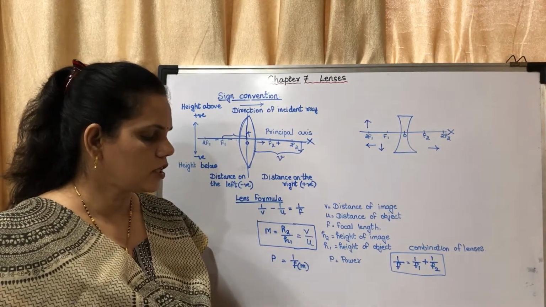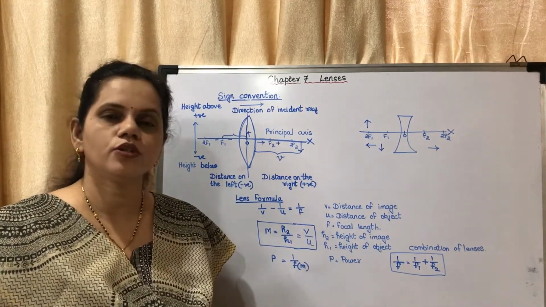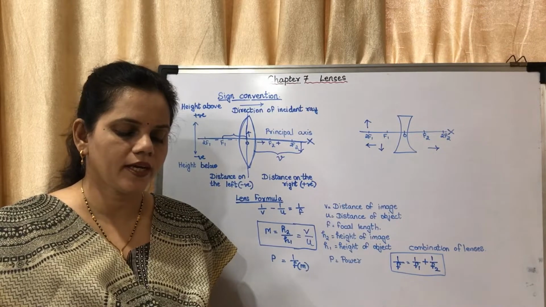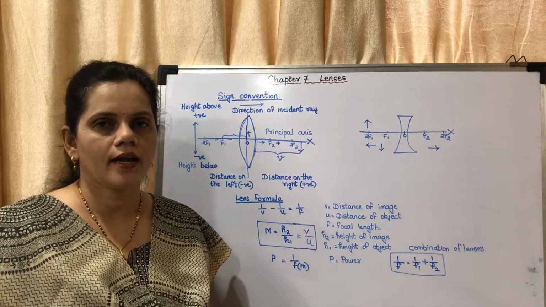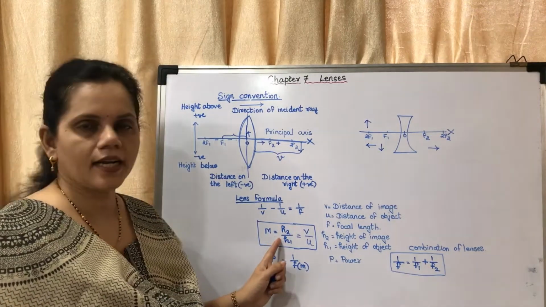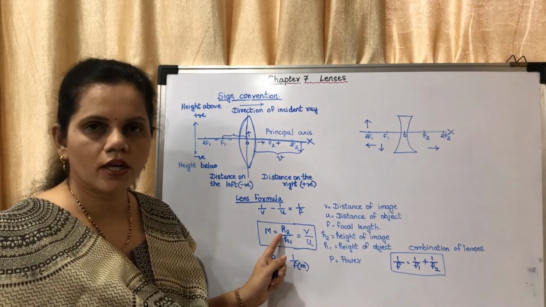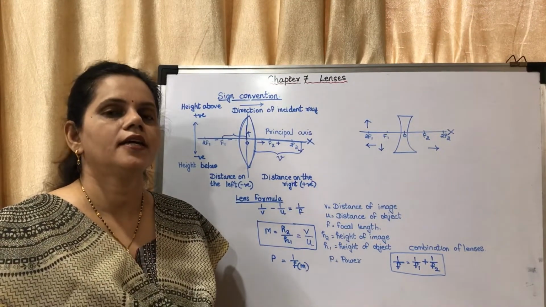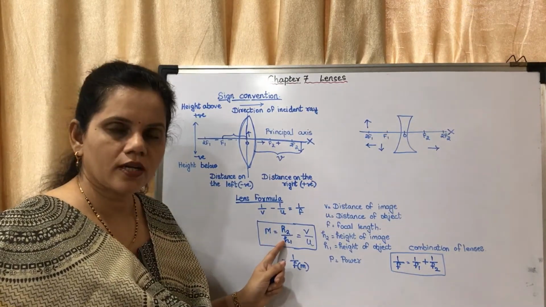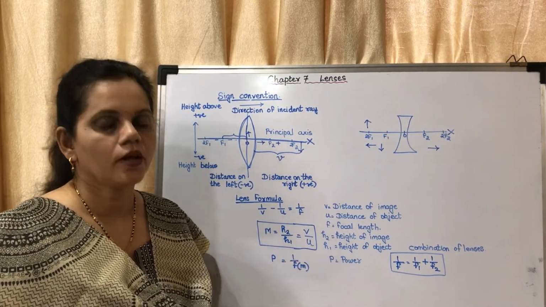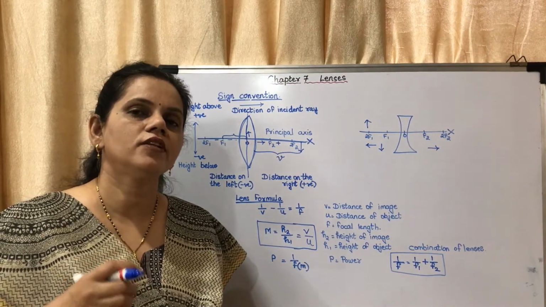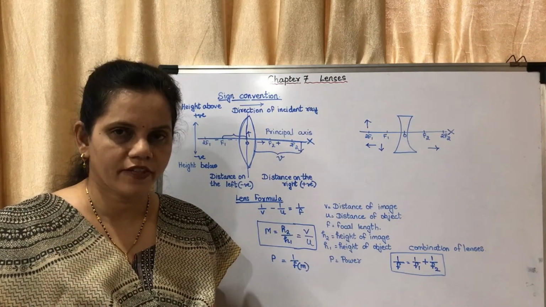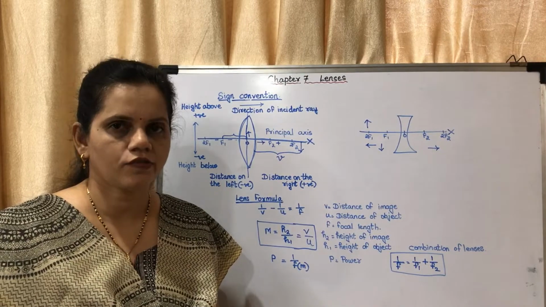There is a question on page number 85. Use your brain power question. From equations 1 and 2, what is the relation between H1, H2, U and V? You may write this answer there. It is M is equal to H2 upon H1, which is also equal to V upon U, where H2 stands for height of the image, H1 stands for height of the object, V stands for distance of the image and U stands for distance of the object.